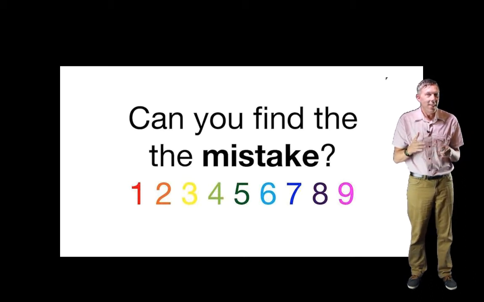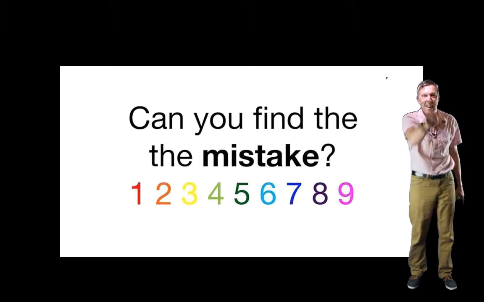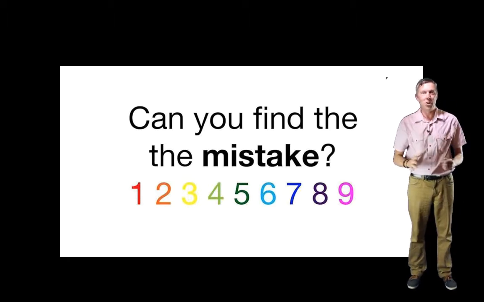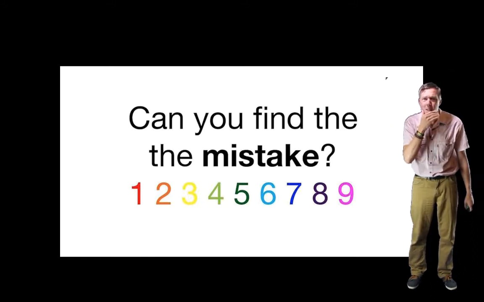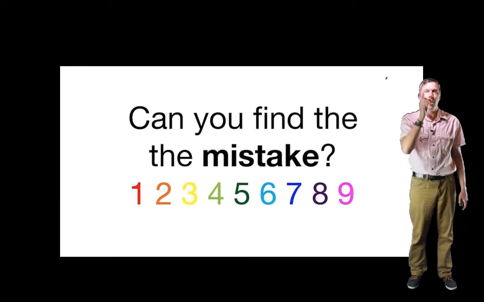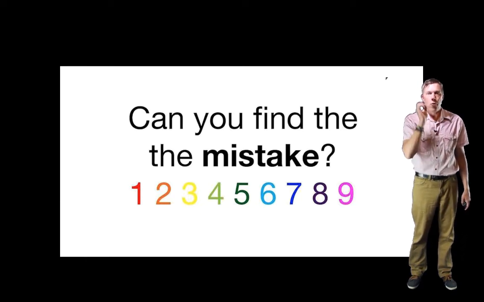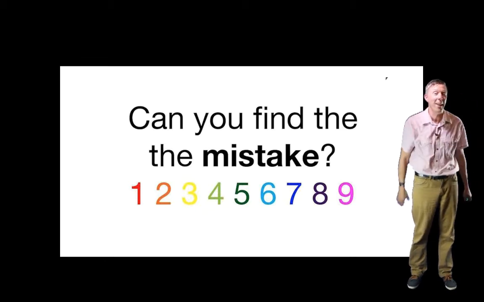Got it? Now, if you're one of the brighter ones out there, you're like, got it, I know what it is, and you celebrate. And the poor guy next to you, who's Mr. Average like me, is like, oh man, what's that company? Sure, and it's 1, 2, 3, 4, 5, 6, 7, 8. The mistake's so obvious we can't see it. Read carefully. Can you find the mistake? There it is. You go, oh yeah. Oh, man, why didn't I see it?